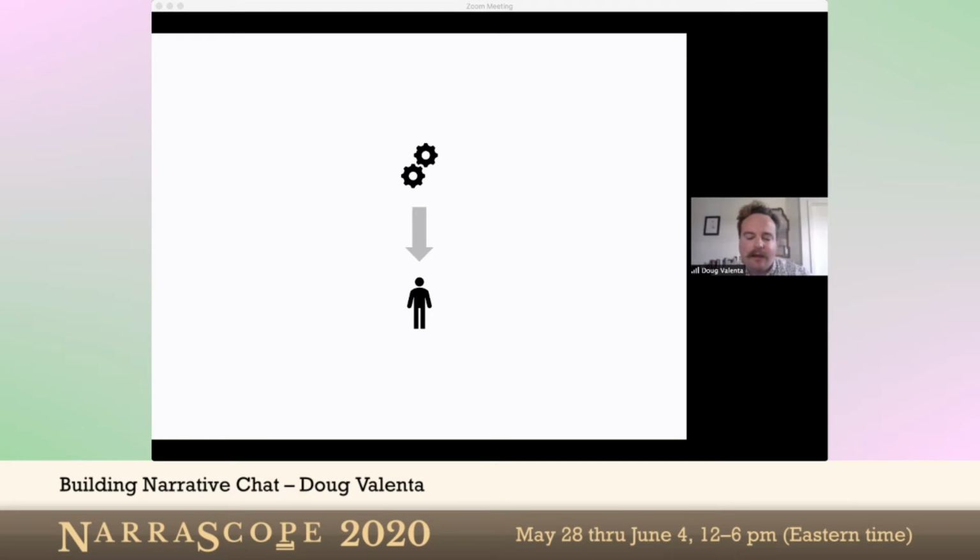I think that we could add another person to this diagram. This person might be the author or the designer of a game, and they tell the machine what to do, but what they tell the machine to do is how to control the activities of another person. And this diagram, I would say, is not the kind of relationship that I'd like to see between people and machines in this world. And we can see here that the machine has actually become a vector for one person to dominate another person.